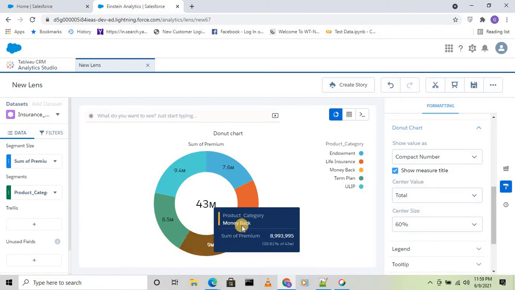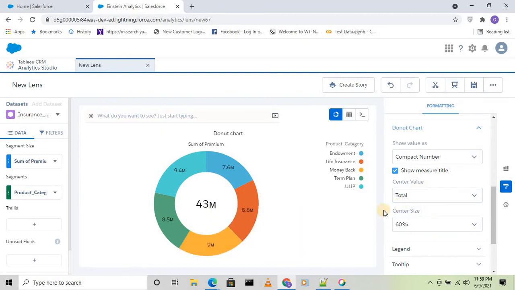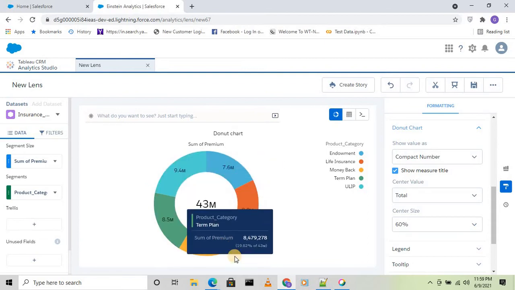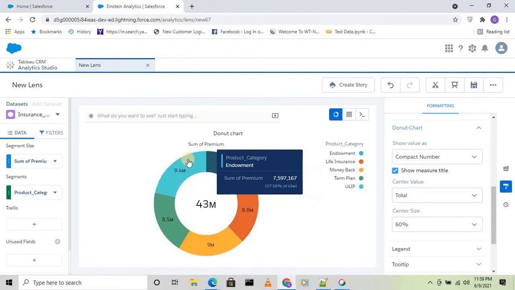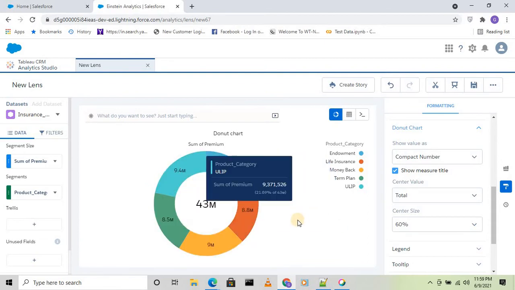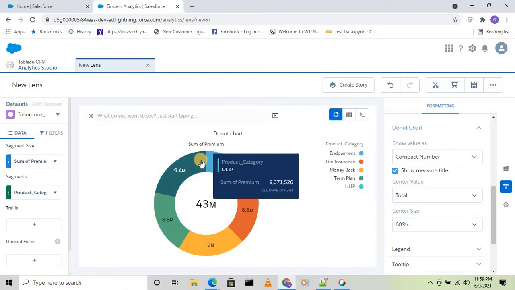If I check here, you see the product category is money back, and the sum of premium is 8.9 million. Okay. Then if I want to convert this to percentage, what do I need to do? In that scenario, there are a few clients who will ask, can you please convert this to percentage for me?